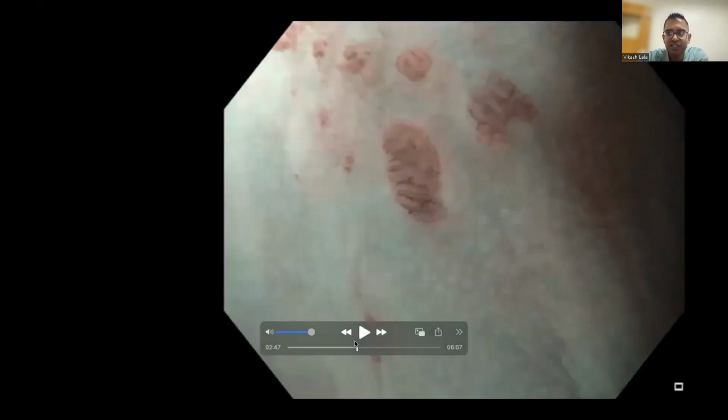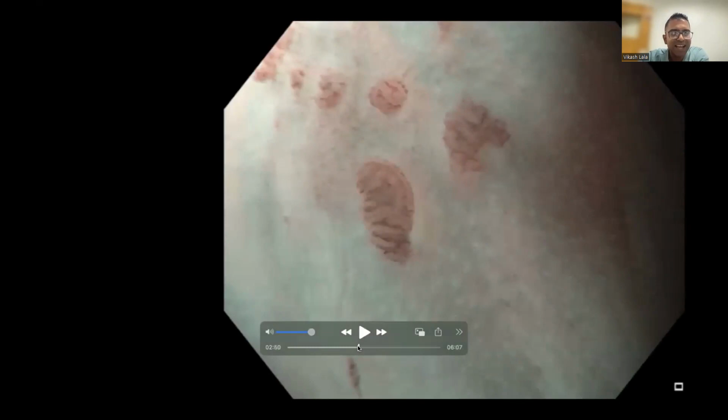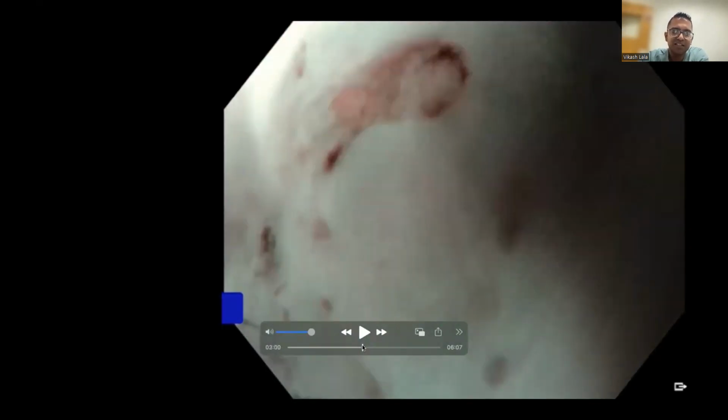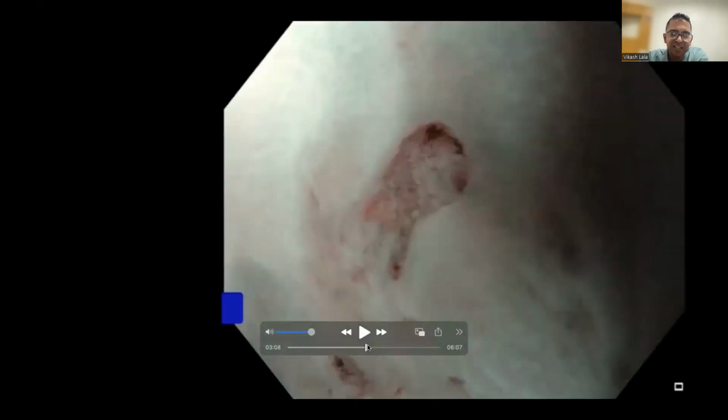So this is not where the nodule is. But in these islands, you see a beautifully regular mucosal and vascular pattern. So these little islands I wasn't too worried about as being dysplastic or malignant. But we can't see what's under the rest of the squamous. So there could certainly be other foci of high-grade dysplasia or of cancer. And that's where the issue comes in.